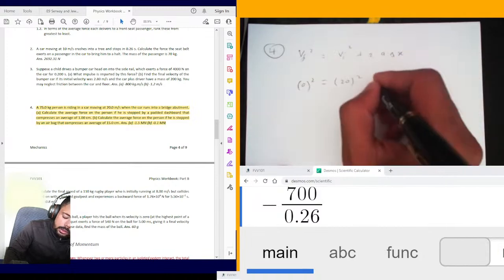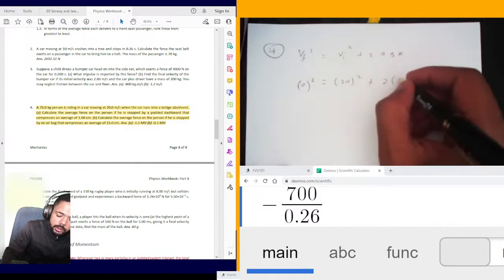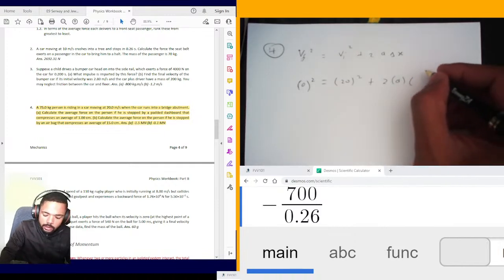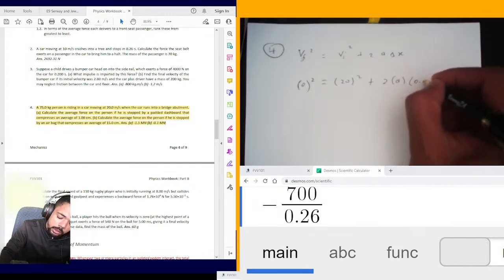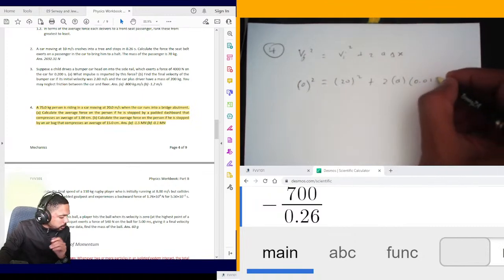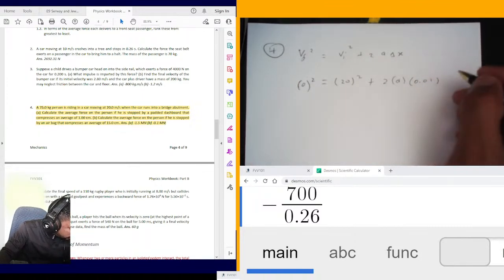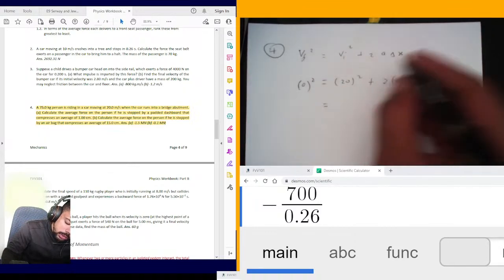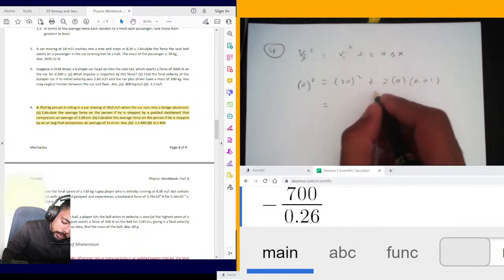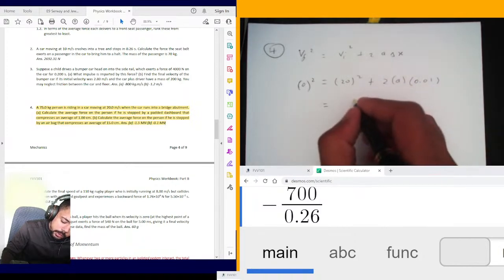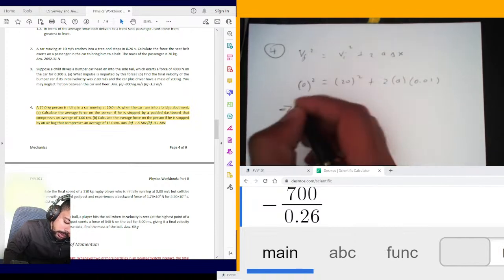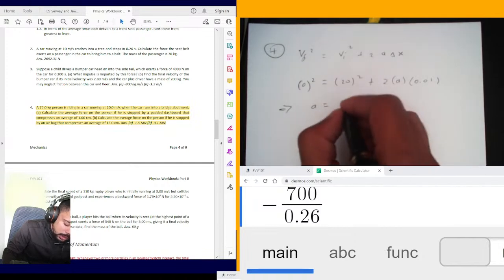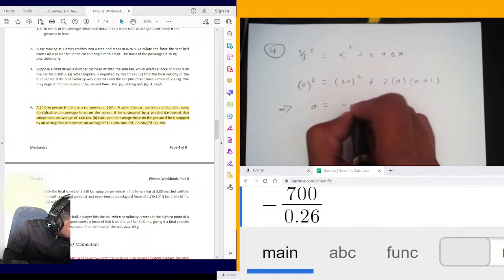That is also squared, sorry. Plus 2 times the acceleration, which is what we want because we need to calculate force. And the distance you traveled in that time is 0.01. Just make sure, yes, it is 0.01 meters. Okay. Now, if you work it out, your answer will be that the acceleration is equal to negative 20,000